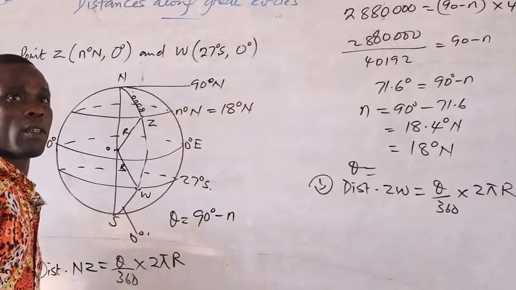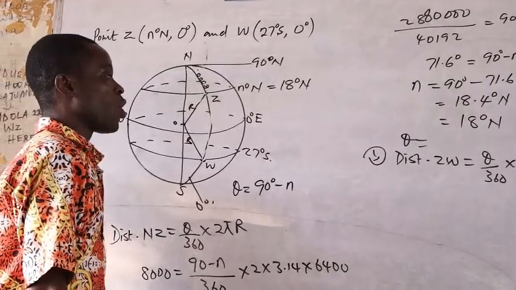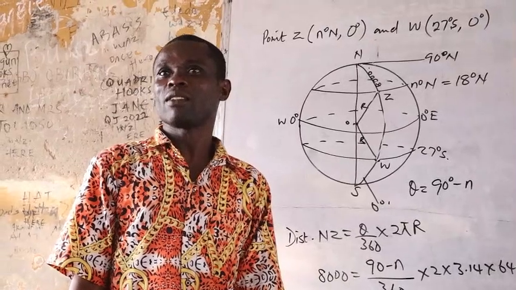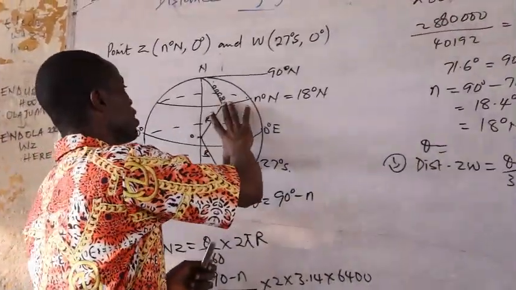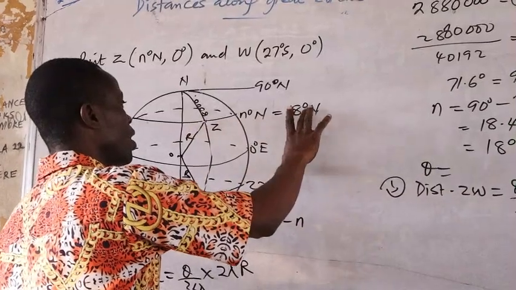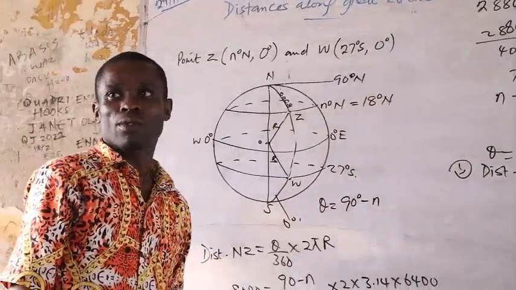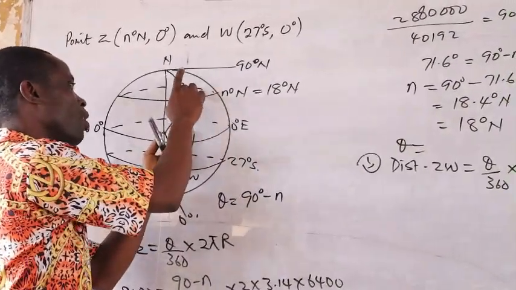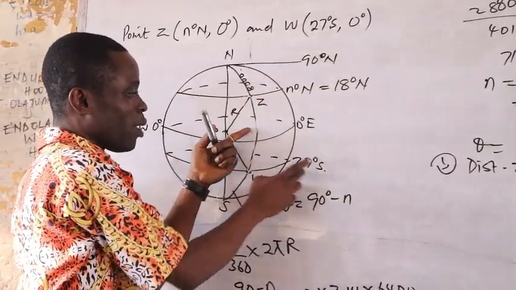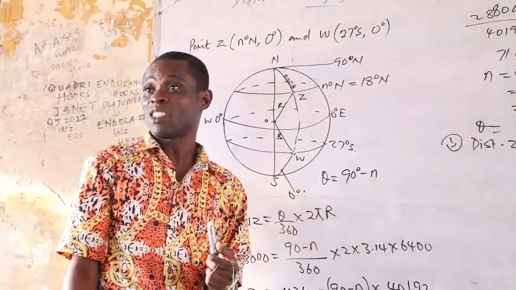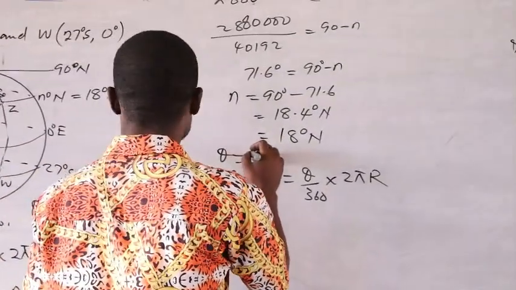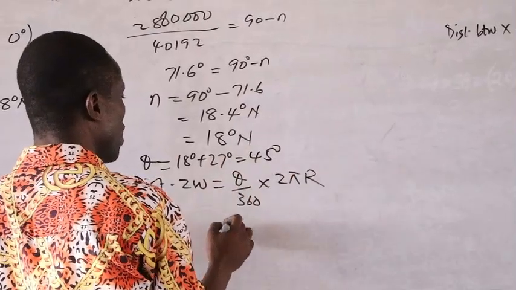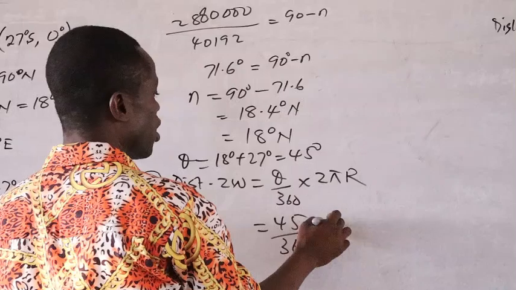And what will be the angular difference? 27. Is it plus or minus? Somebody said minus. Who is that person? Look at this: Z, W, north, south. It's addition. If this one is 0, this one moves upward by 18. This one moves downward by 27. And you're still saying it's subtraction. No, it is addition. So that is 18 plus 27, and that's 45. That's 45 all over 360 times 2 times